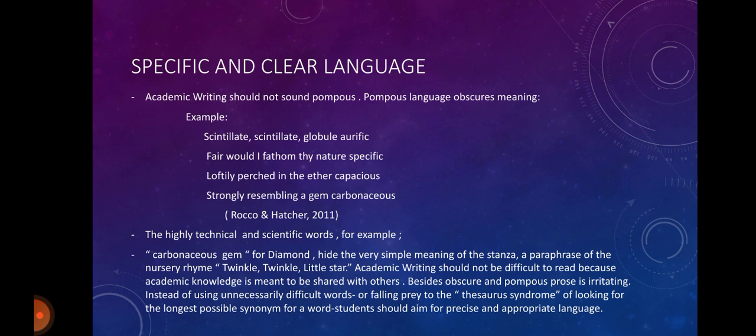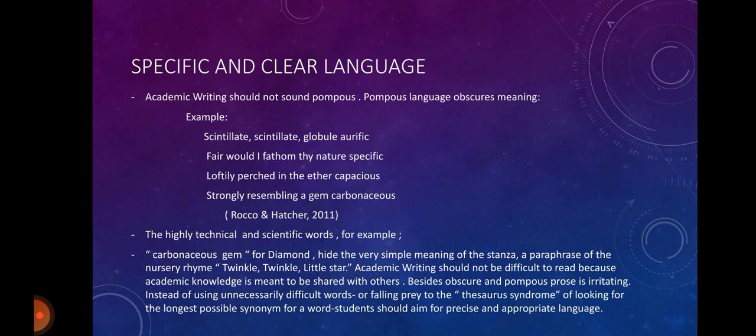Academic writing should not sound pompous. Pompous language obscures meaning. Example: scintillate, scintillate, globule or effect. Fain would I fathom thy nature specific. Lofty lie, perched in the ether capacious, strongly resembling a gem carbonaceous. Rocco and Hatcher, 2011. Highly technical and scientific words, for example carbonaceous gem for diamond, hide the very simple meaning of the stanza, a paraphrase of the nursery rhyme